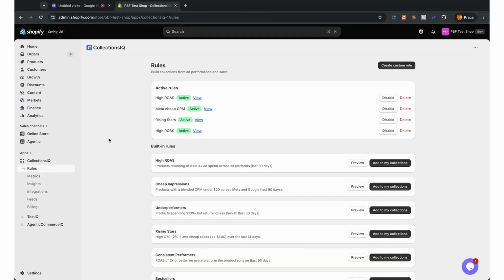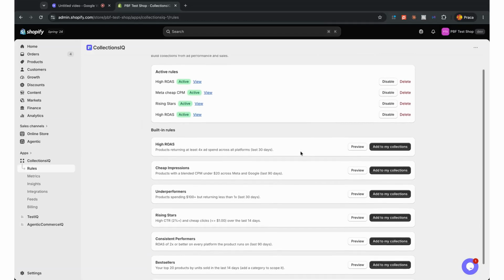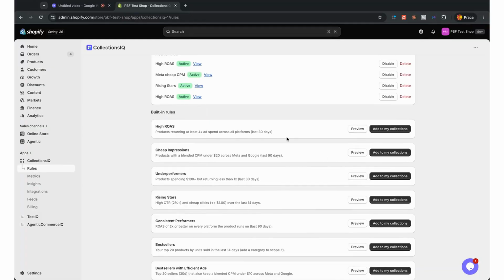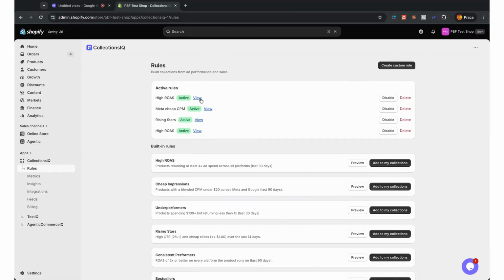So the first part is the rules. Here we can basically use one of the pre-built rules. This one will pick up just high ROAS products. This one will pick up products with cheap impressions and so on. Here we have the